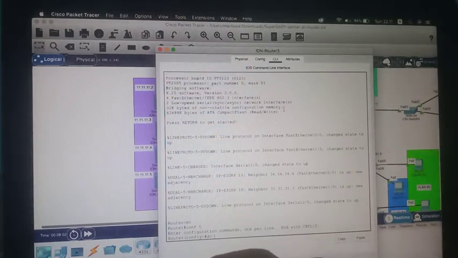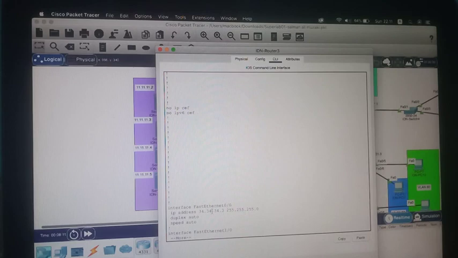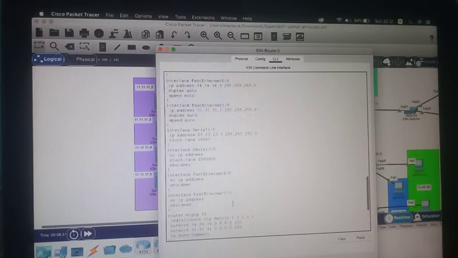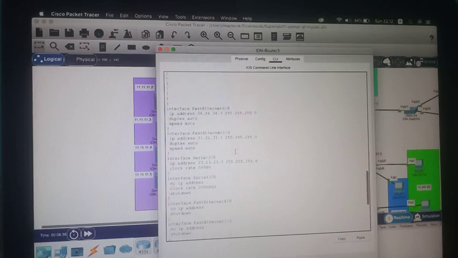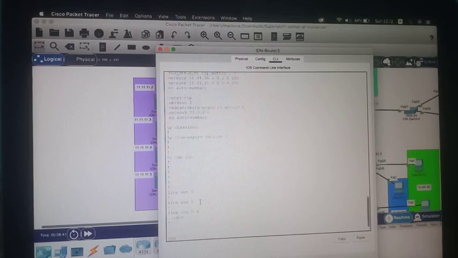The IP address is 34.34.34.3 with subnet mask 255.255.255.0, and interface Ethernet 1/0 and fast Ethernet.